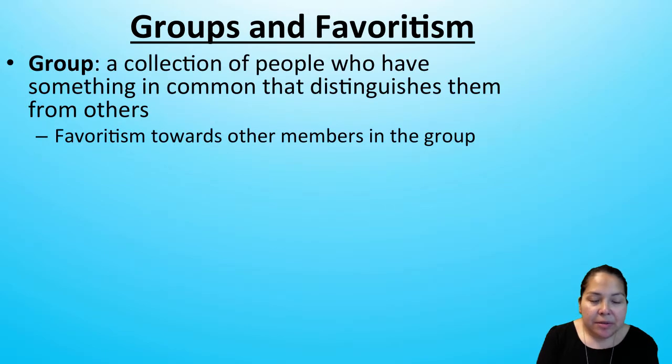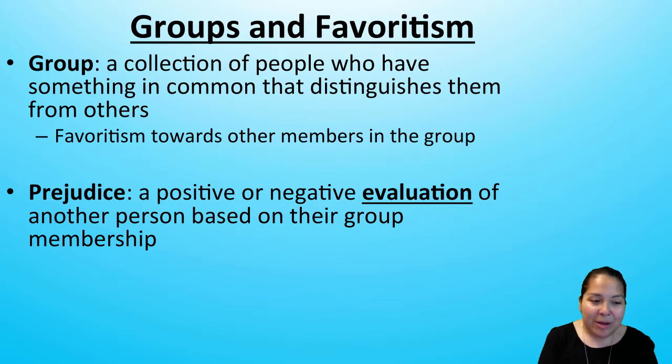And so here we turn towards groups and favoritism. Groups are collections of people who share something in common. This could be a shared interest like hobbies, ethnicity, religion, gender, sexual orientation, etc. Research has demonstrated that we tend to favor members of our group, even if that group is arbitrary or made up and has only been established for mere seconds. We have a mere prejudice towards that group. And so this leads us to talking about prejudice.